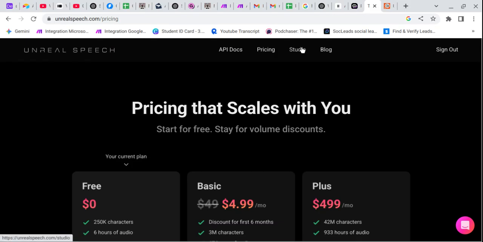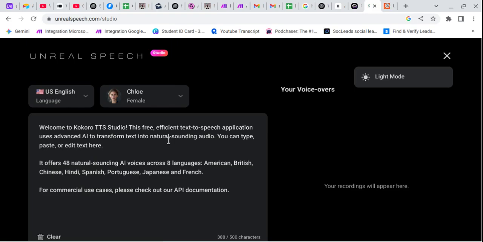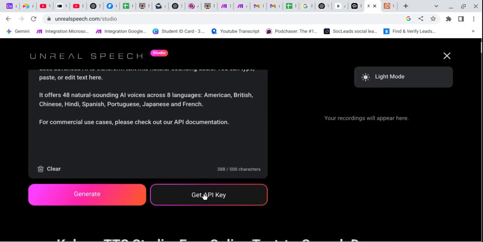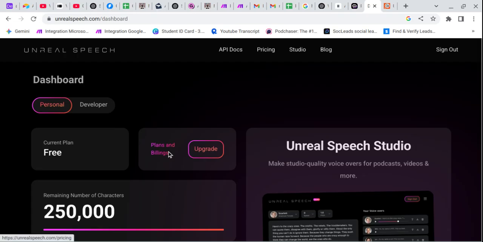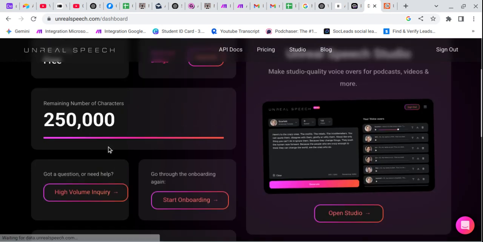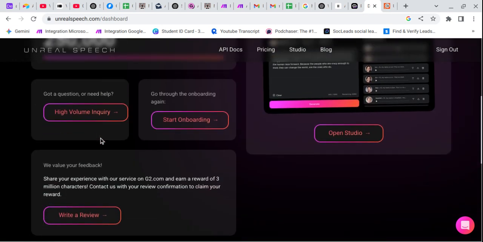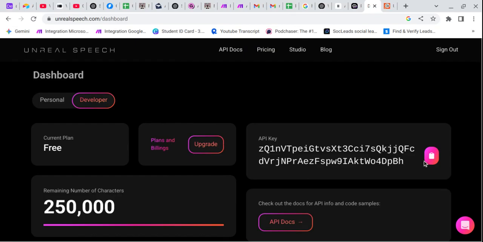go to studio, click on, I think I need an API, click on here, click on get an API key, so you can also hear the voice, how awesome the voice is here. This is a crazy voice, and this is the character. ElevenLabs gives us only 10,000, but this can give us more than that. The API is available on the developer version. Simply copy this